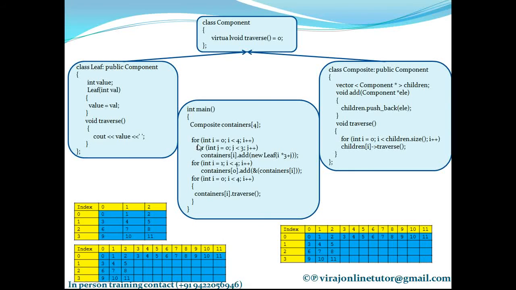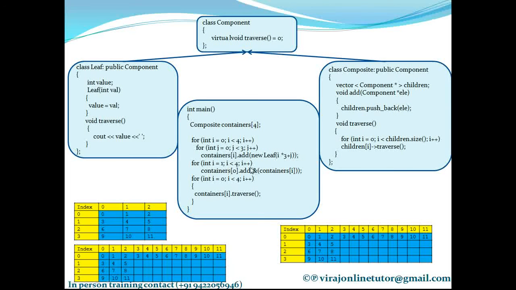Now let's go to the second iteration of for: i will be equal to 1 and j is equal to 0. So what is this formula? 1 into 3. So this will always be 3 for this loop. So 3 plus 0 is 3. So I am writing 3. Next iteration, 3 plus 1, because j will be 1 then, is 4. So I am writing 4. Next iteration, 3 plus 2 is 5. So I am writing 5. So that way, after both these for loops are completely executed, I will have this matrix created. Whatever I have mentioned in blue are the values which are assigned to the leaf objects.